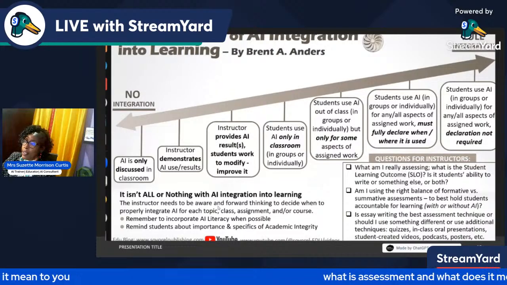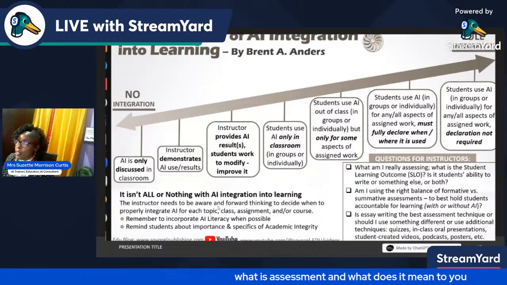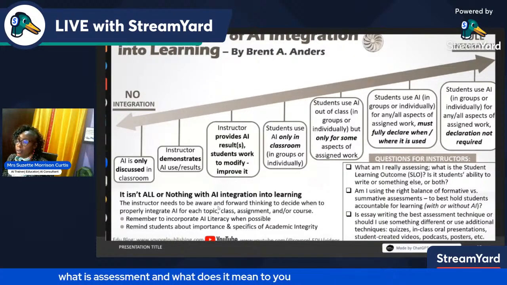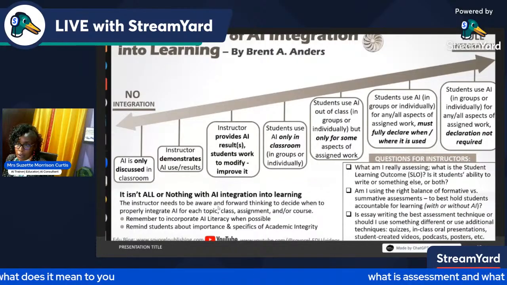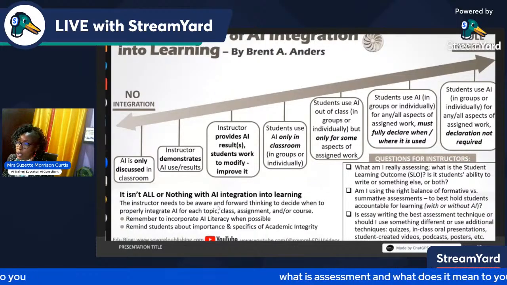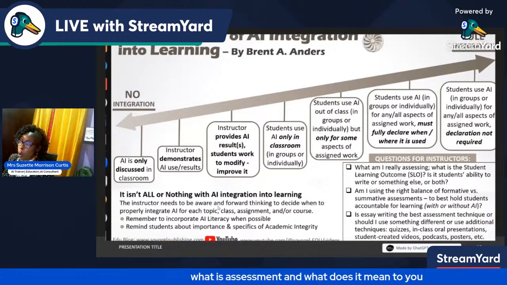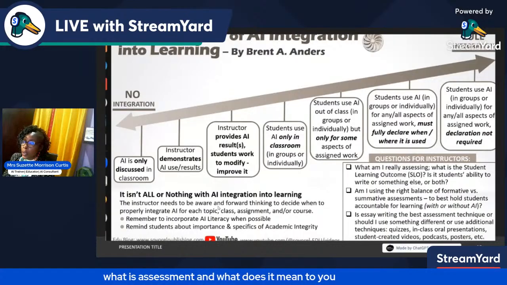So in an instructional view, you have to ask some questions. Am I using the right balance of formative versus summative assessment to best hold students accountable for learning, with or without AI?